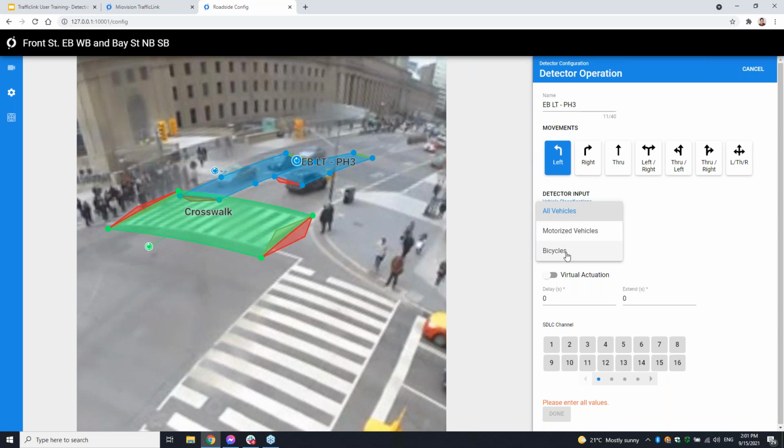There are some pilots going on with things like buses. Could you provide things like pseudo transit priority through a bus detector? Often you're already at the intersection at that point, so maybe a preemption is not really the right way to think about that. Maybe you could just do a bus only lane type idea and provide detection just to a particular classification. But here you can choose either all vehicles, bikes, or motorized vehicles.